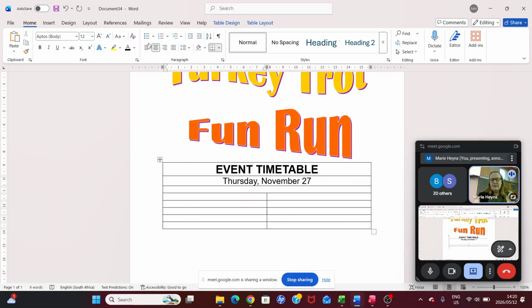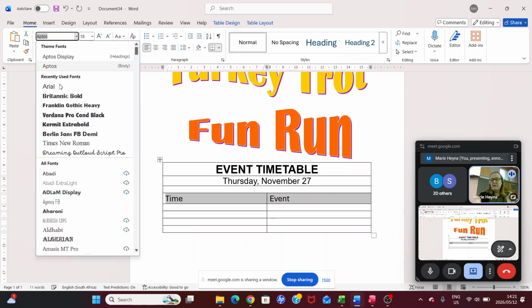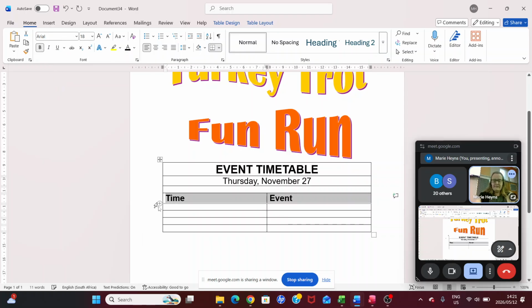Okay, this is not going to be centered. This is going to be on this side. So we have time over here and also not centered over here. So we are going to have event here. Arial bold 18. Okay, so we are selecting these 2. We are changing the font to 18 and we are going to say Arial for the font, bold.